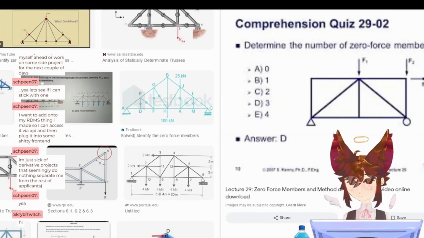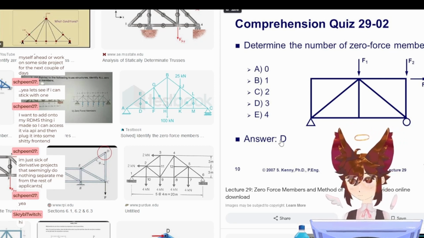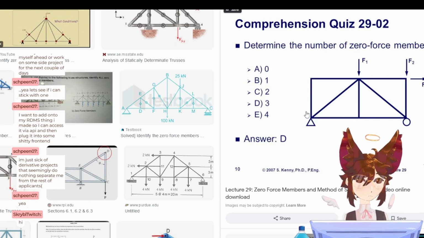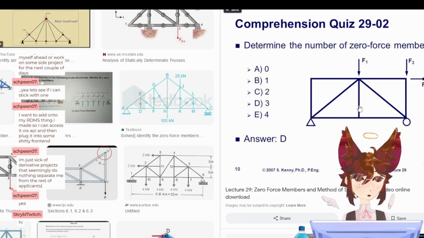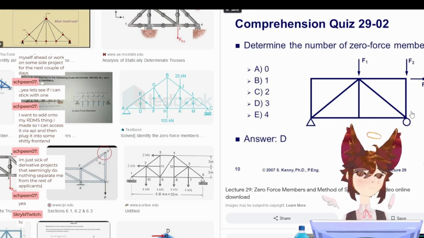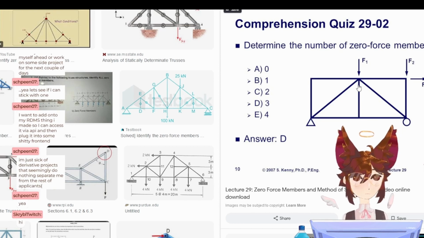Okay, well, I do feel a lot better about this. Okay. Well, don't tell me the answer right there. Okay. Your first member. So right over here, 1, 2, 3. This one wouldn't have any. So 1, 2. Then these two wouldn't because they're not parallel. And then this one, 3, would. Here, there's an external force, so... Yeah, 3.